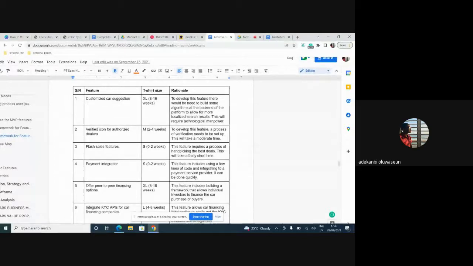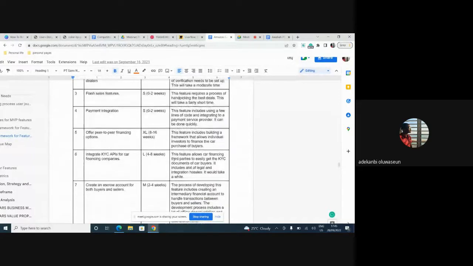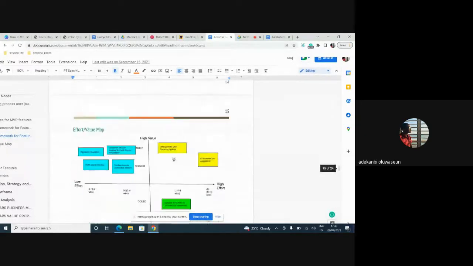This is what stakeholder management also does, because as a product manager, you are not a developer. So you are talking to your stakeholders to estimate the time it will take. Okay, backend, how long will it take you to give me this feature? Oh, okay, 2 weeks. All right, note it down. Front end, same thing. Combine those figures. Go to the next feature. Ask them, this particular feature, this is what it's going to do. How long will it take us to deliver this? They'll tell you maybe 3 days. So you note all of that down and put that under this T-shirt framework, and you put that rationale in front of it.